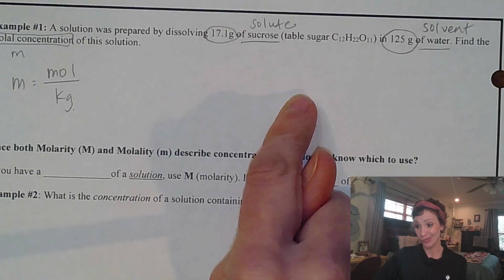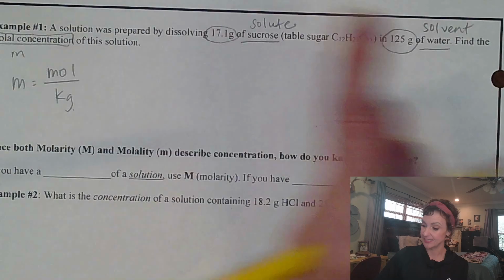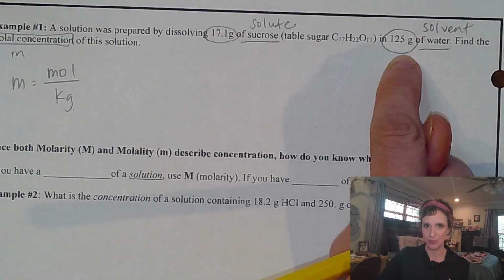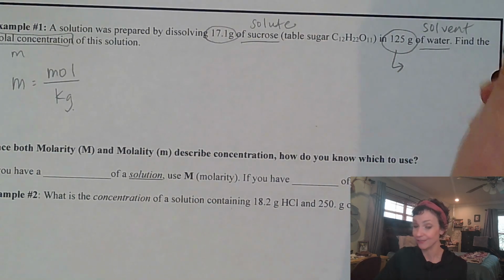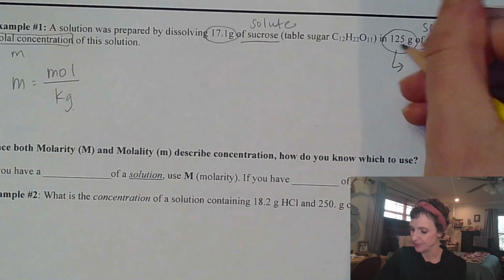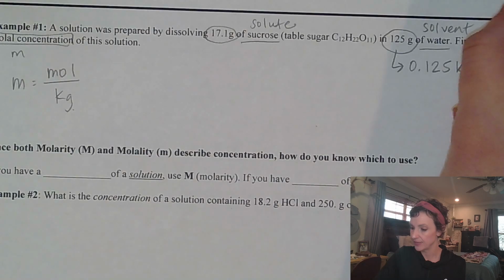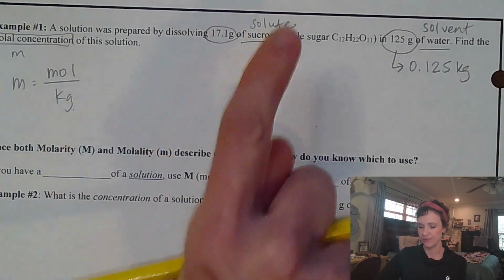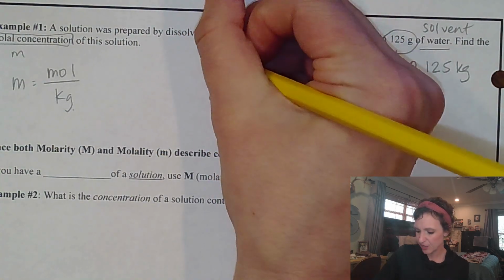So my solute, I take that grams and I'm going to convert it to moles using dimensional analysis. And this one is the easier one. I just get to move the decimal place back 3 times. So I can do that right now. My solvent in kilograms is going to be 0.125 kilograms. So that's going to go on the bottom. But first, let's go tackle this sucrose business right here. So I'm going to set up a conversion. I have